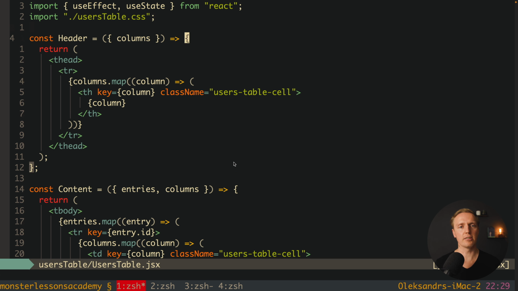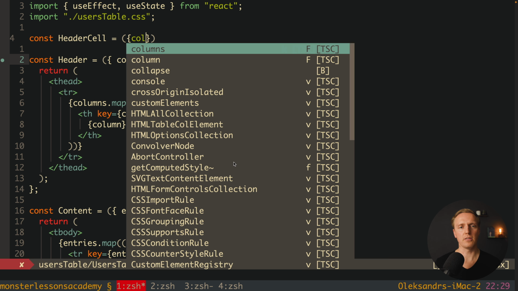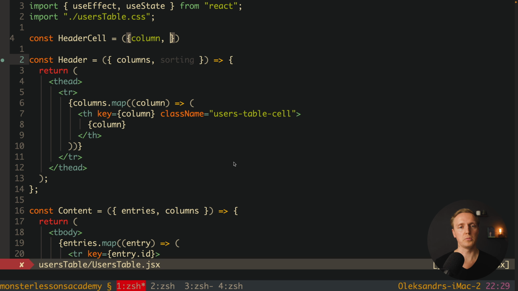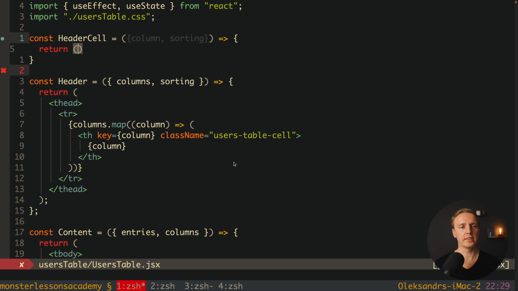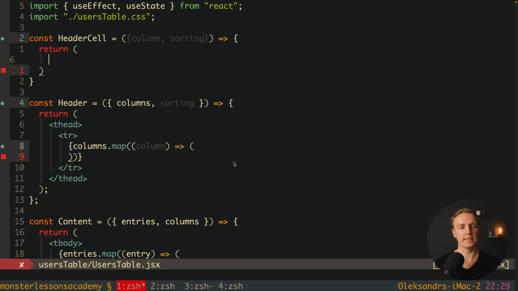Now here inside our header, we're getting our sorting property and we can use it. But actually I would say that we will write quite a lot of logic for every single cell. This is why here I want to create an additional component. And we can name it header cell. And what we're getting here first of all is a column, because we must know what to render, and secondly our sorting. Now here let's write return, and I want to move the whole th inside our header cell,